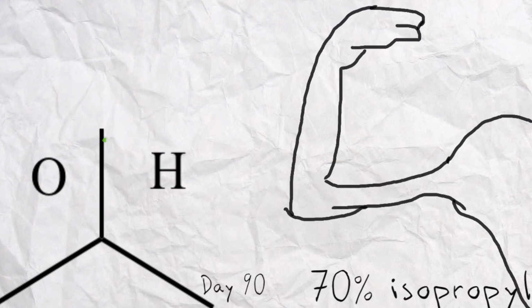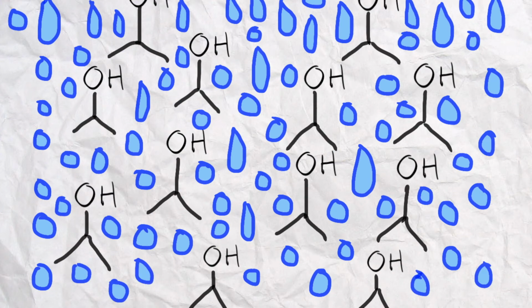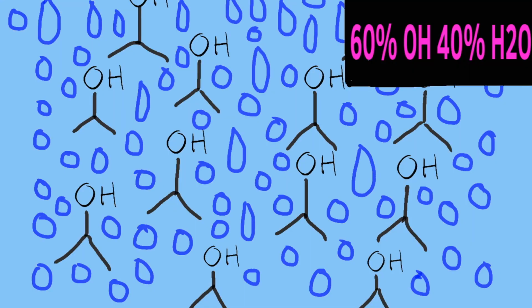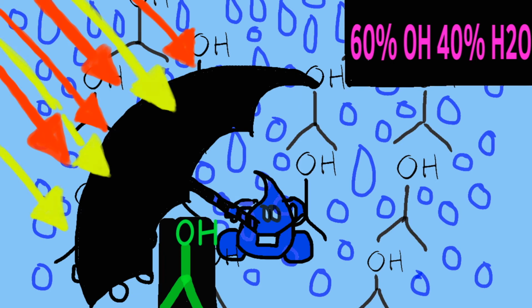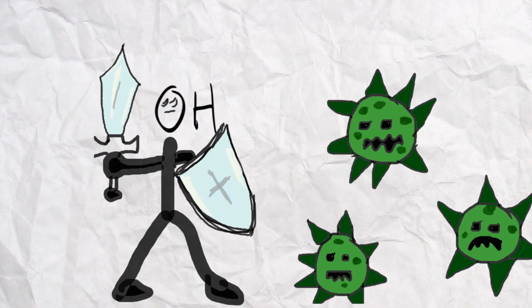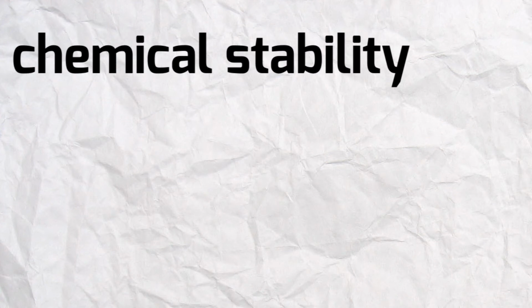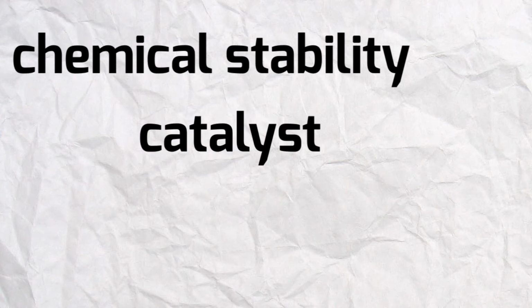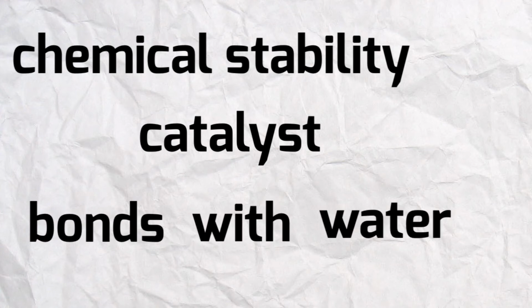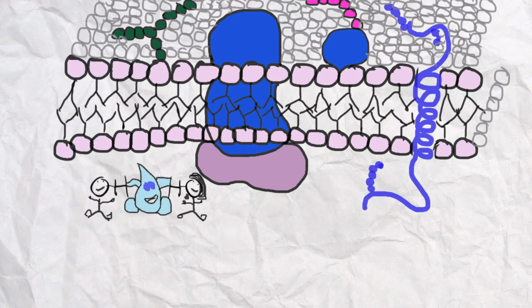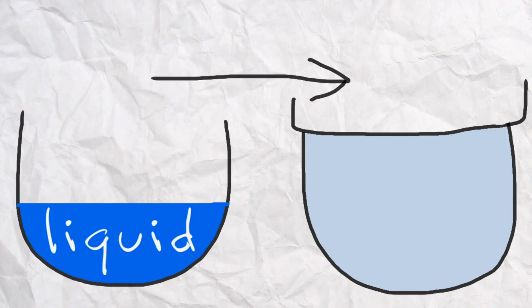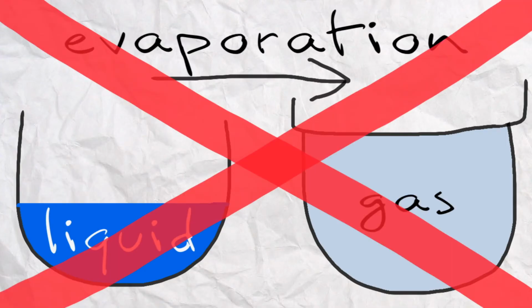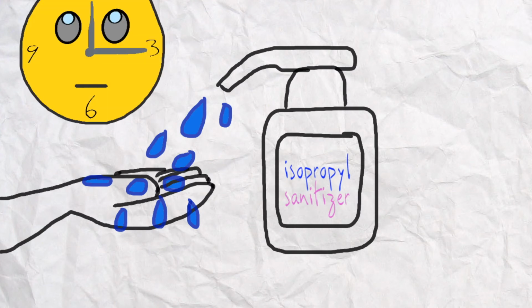But when alcohol is diluted in enough water, like 60% alcohol and 40% water, the almost equivalent amounts of water protect the chemical stability of the alcohol to be effective as an antimicrobial. In addition to protecting chemical stability of alcohol, water serves as a catalyst, forming bonds with alcohol molecules, allowing alcohol to travel to bacterial cells. Since water protects the chemical stability of alcohol, alcohol will not evaporate but can remain on surfaces longer in order